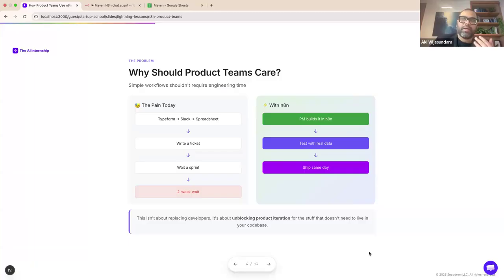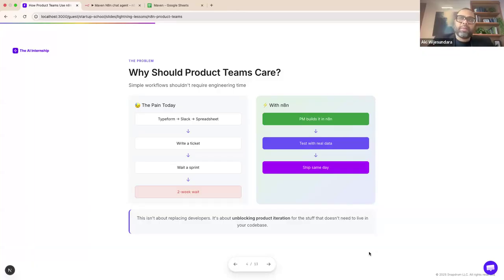The current workflow, unless you are using something like n8n, is that there's a product person who looks at a set of data sets coming from some sort of form and then some in a database. And looking at that information, you create some sort of update. So you write a ticket for a feature that you need to get something done, and you wait for a 2 week sprint from your engineering team to get this built. And also you need to prioritize that. So I think it's an opportunity missed, not to mention the financial losses that would